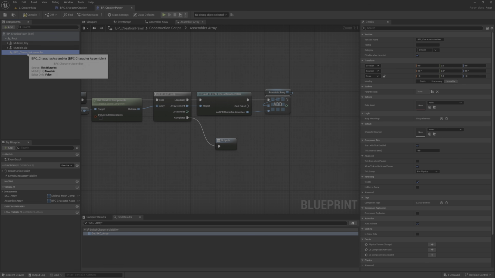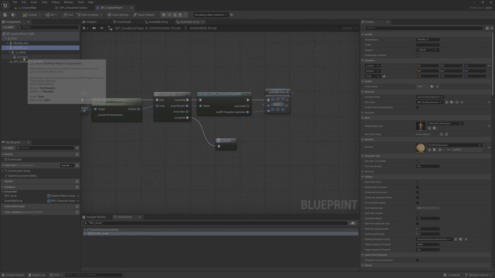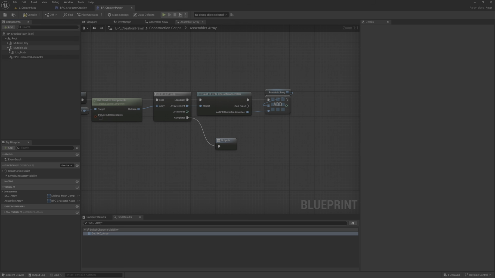This is the same component as an asset with information about meshes, multiple stuff, material, and everything, and I add them here dynamically.